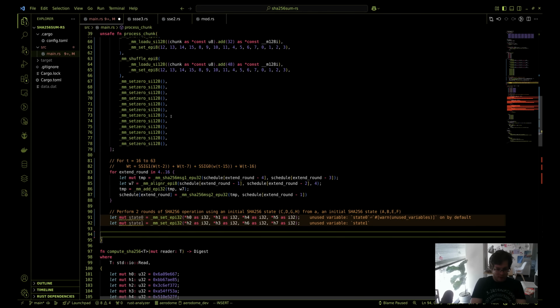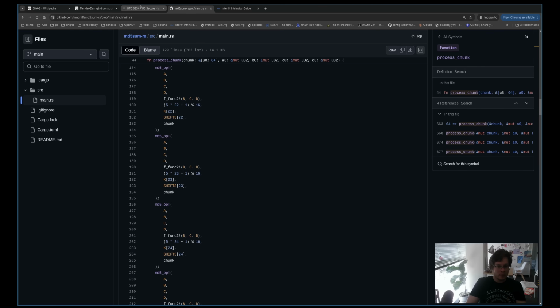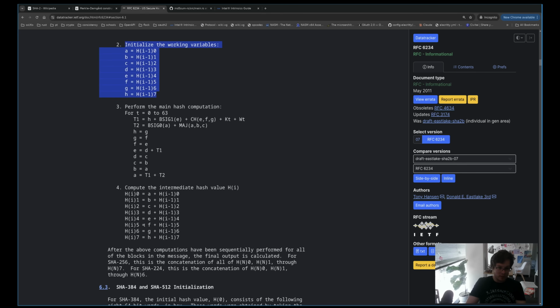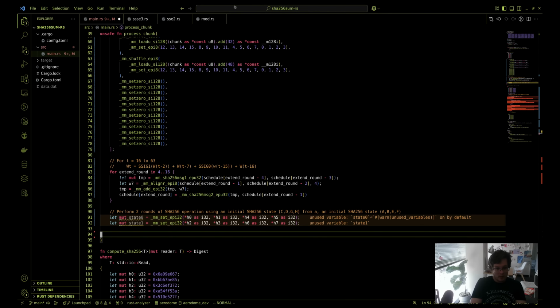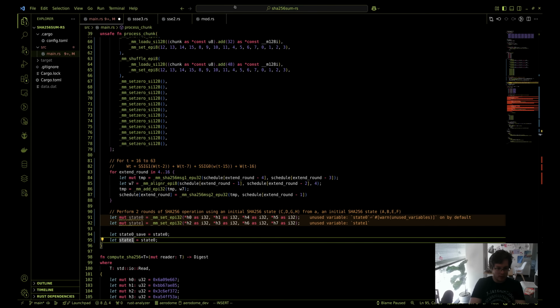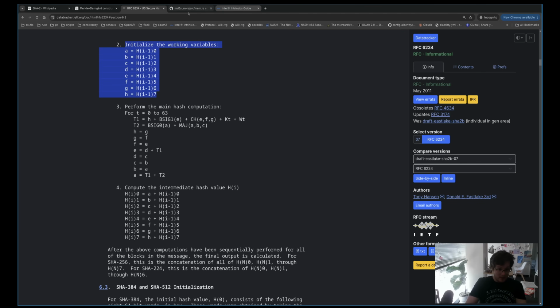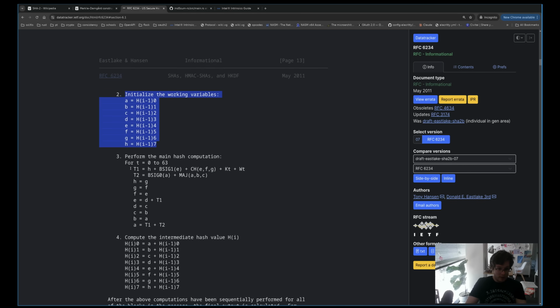Right, so, and of course we will be needing to save whatever we have right now, because at the end we will be needing to add these together, right? So yeah, let's do this. I wanna call it state 0 save, state 0, and state 1 save, state 1, something like that. Yeah, and we basically did these 2 steps, and then we need to compute the